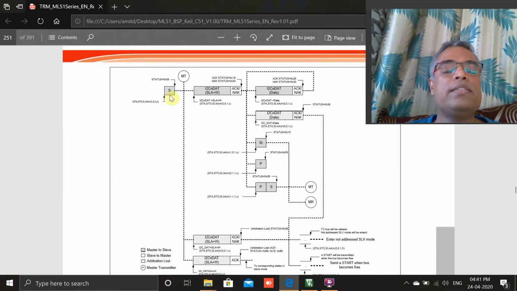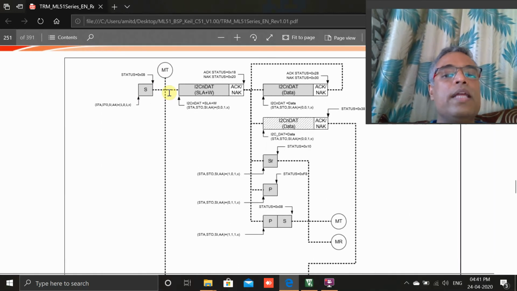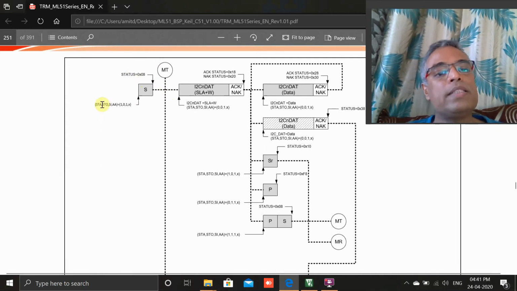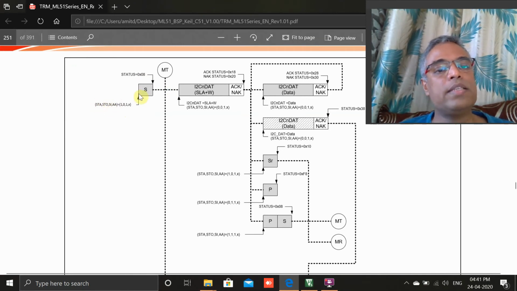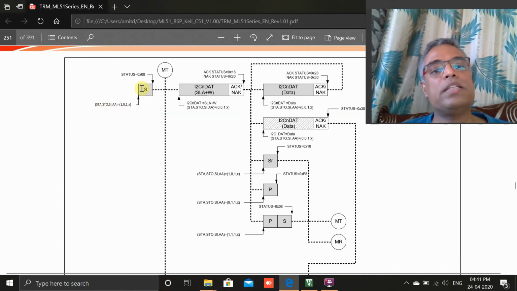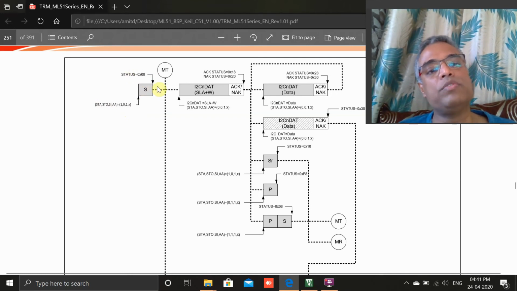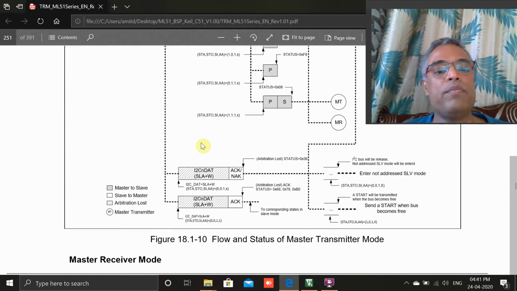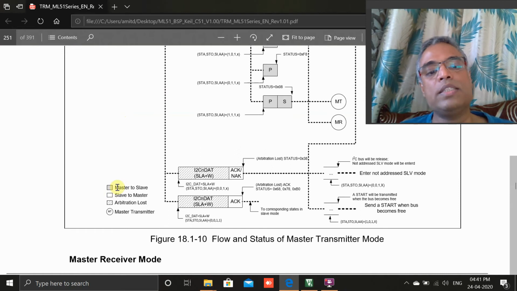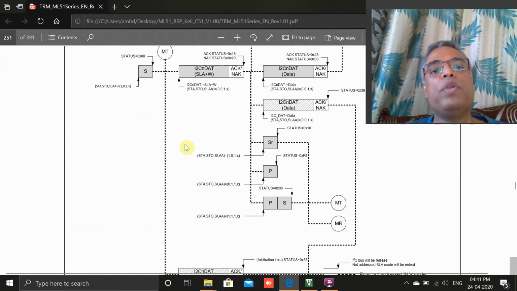Okay, now looking at this diagram, we can see a few things very clearly. Whenever I send the start bit, I have to make STA high. Once I set it, the start condition is automatically put onto the bus, and once the start condition is executed, I will get a status of 0x08, which means the start has been executed. Here the dark color is master to slave, and the light color is from slave to master. Okay, then I populate the data register,